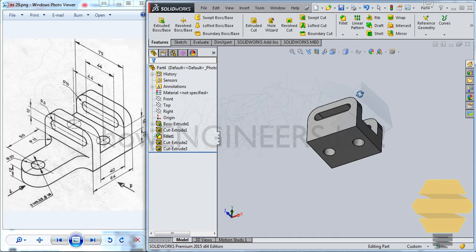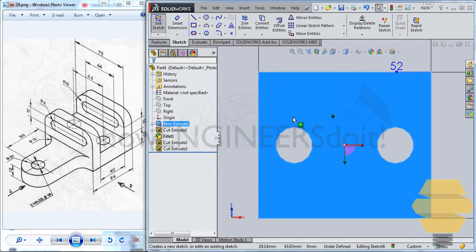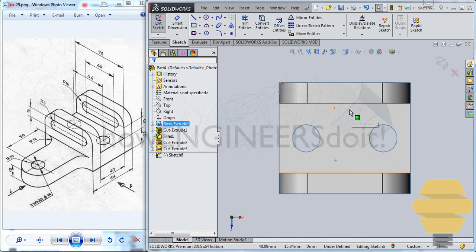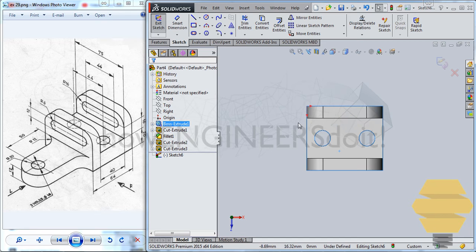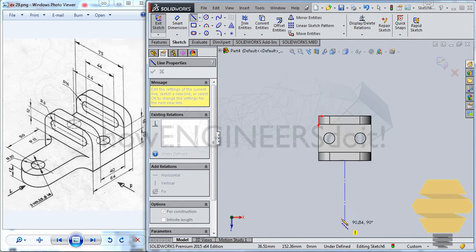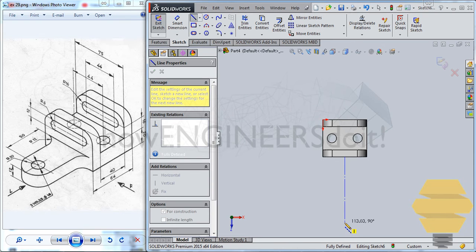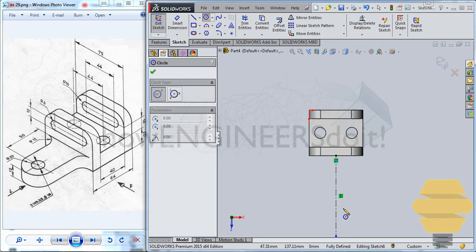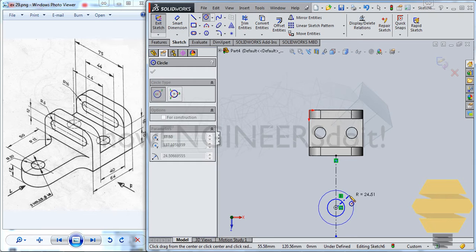So basically you can select this face and go for the sketch, right? Select this face and go for the sketch and just zoom out a little bit. Press Ctrl 8 so it will flip the direction that we are seeing this sketch. And now before creating that we can just go for the center line and basically zoom out a little bit and create a center line here and create 2 concentric circles